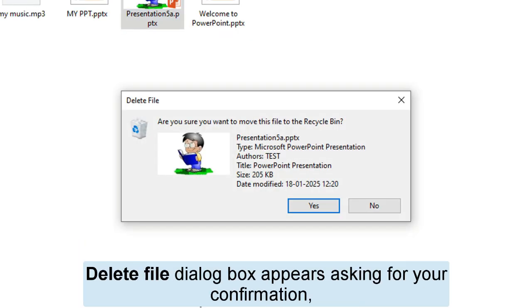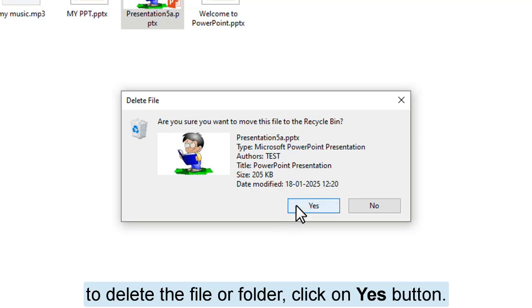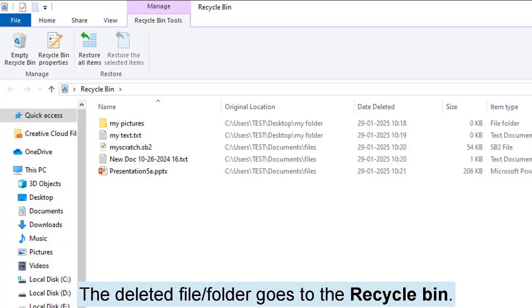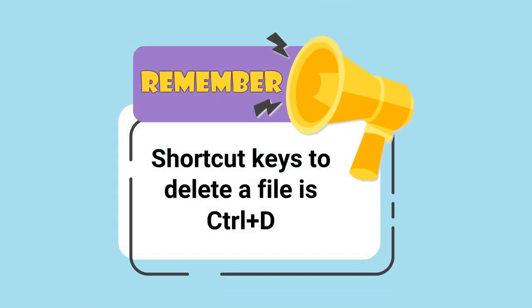Delete File dialog box appears asking for your confirmation. To delete the file or folder, click on Yes button. The deleted file or folder goes to the recycle bin. Remember, shortcut key to delete a file is Ctrl+D.